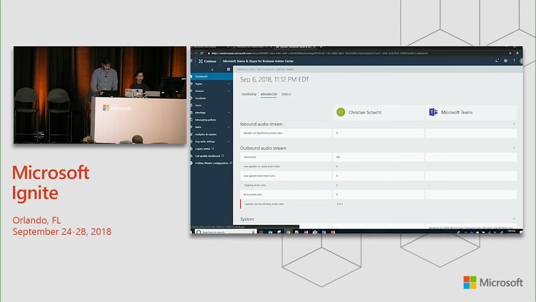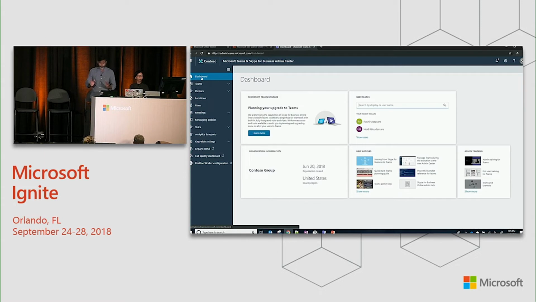So this is, at a high level, what you can do in terms of the call analytics, specifically if you want to start troubleshooting calls. And then, of course, this is your quick and easy reactive way of how you do the call analytics. Let me just switch this back